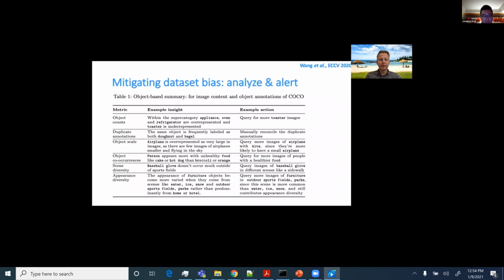Then there are also methods that can do some automated analysis, and this is a paper from Wang et al. from ECCV 2020, where the authors have proposed a tool that takes as input a visual dataset and its annotations and outputs metrics which seek to produce insights and also possible actions. And here you see some examples for the COCO dataset, where insights they could compute automatically are things like object counts and duplicates, and they could take into account object scale. And what can you do with that? Well, basically you can